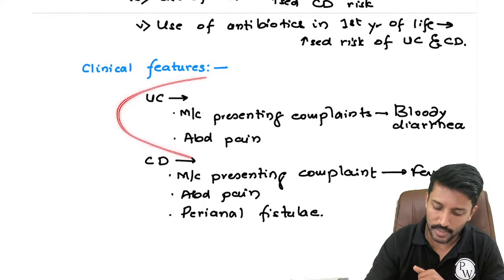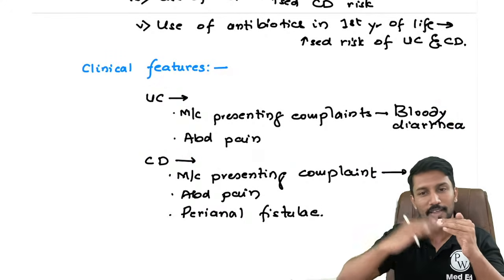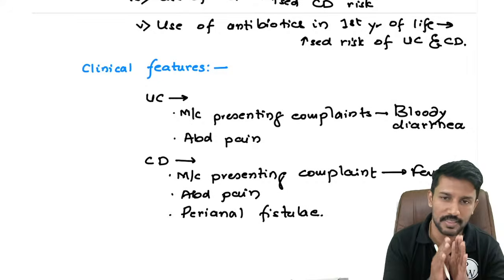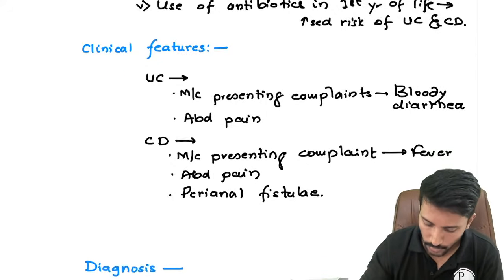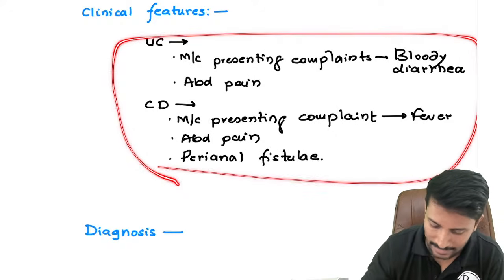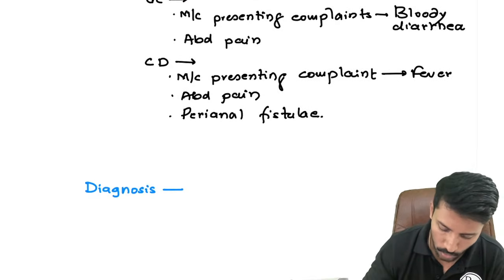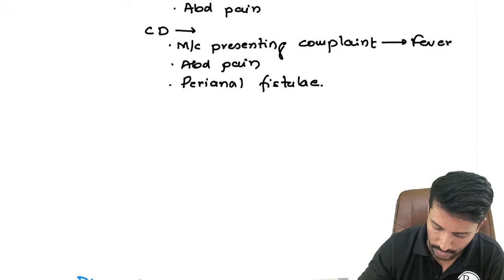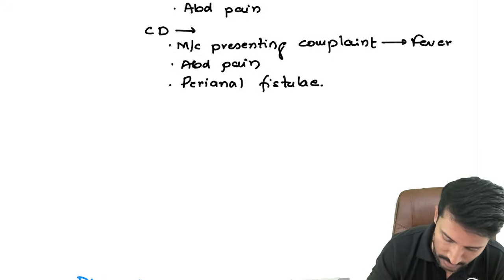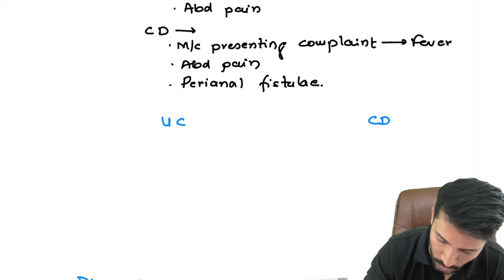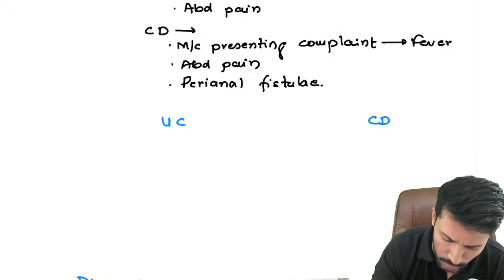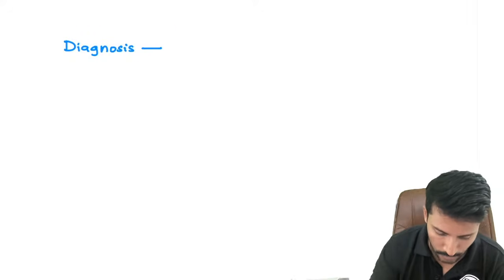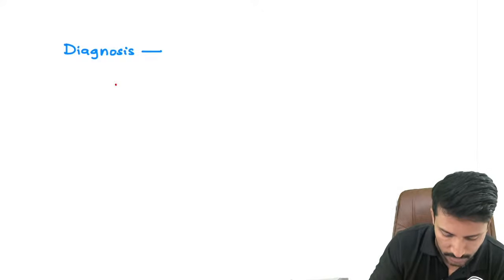We don't get to see fistulae in ulcerative colitis because the inflammation is not spreading through the full thickness of the colon. It is spreading only to the superficial layer, which is the lamina propria. So this is about the clinical features. Now coming to how I make a diagnosis. But before going to diagnosis, let us write some comparison about ulcerative colitis and Crohn's disease. We will do that comparison when we go to histopath itself. We can write it under that heading also. So for diagnosis, we will start with 1.